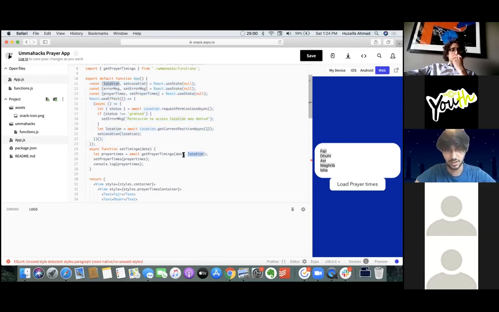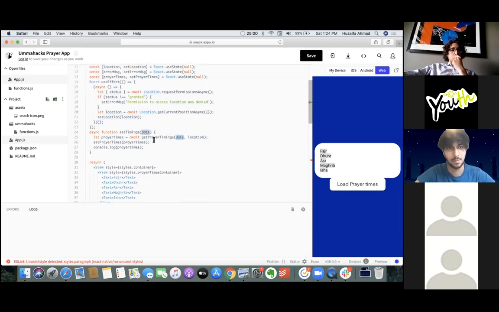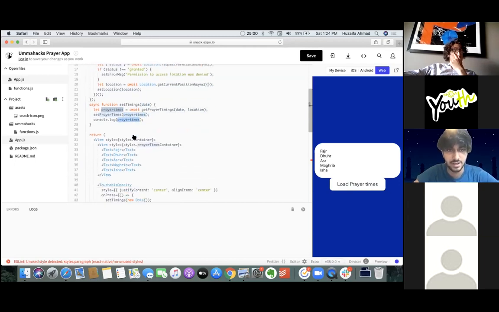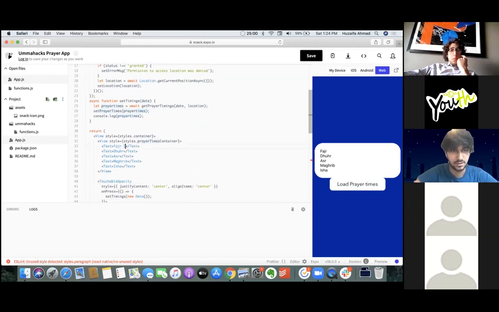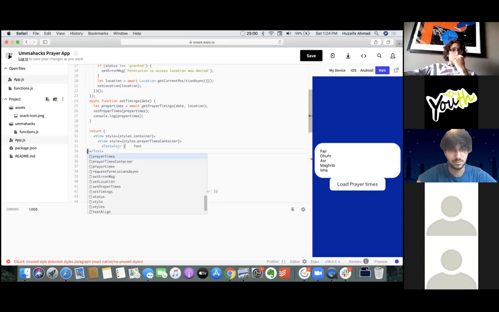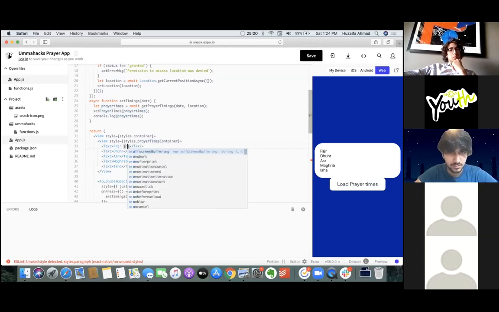So once you have the location of the user and the date, we can get the prayer times, and this prayer time is a JSON file. So if I want to access this prayer time, the timings,